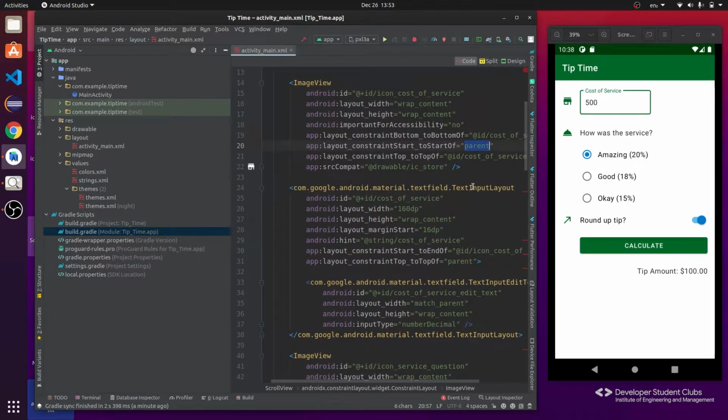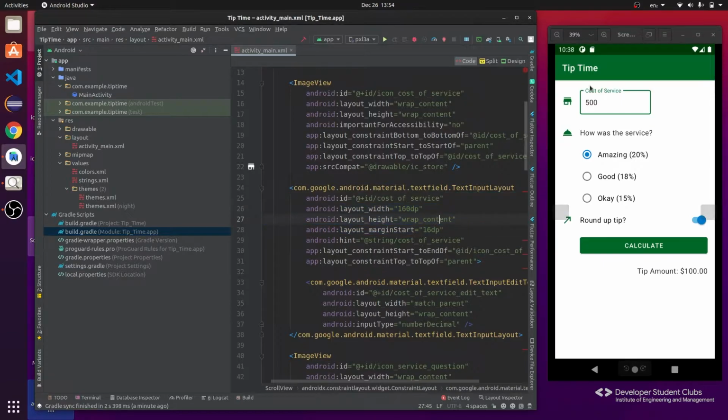Next, we draw the text field. To draw the text field, we have to call this com.google.android.material.textfield. And similarly, first of all, we write the ID. Layout width is given as 160 dp. That means this entire length is 160 dp. If we have kept it as wrap content, then whatever input the user gives, this text field will expand up to that portion only. So if you enter 5, the text field would end up over here. If you enter 500, it would end up here. And if you keep it as 5 lakhs, then somewhere here. But that's not a good practice. So we have used 160 dp as the width of the text field.